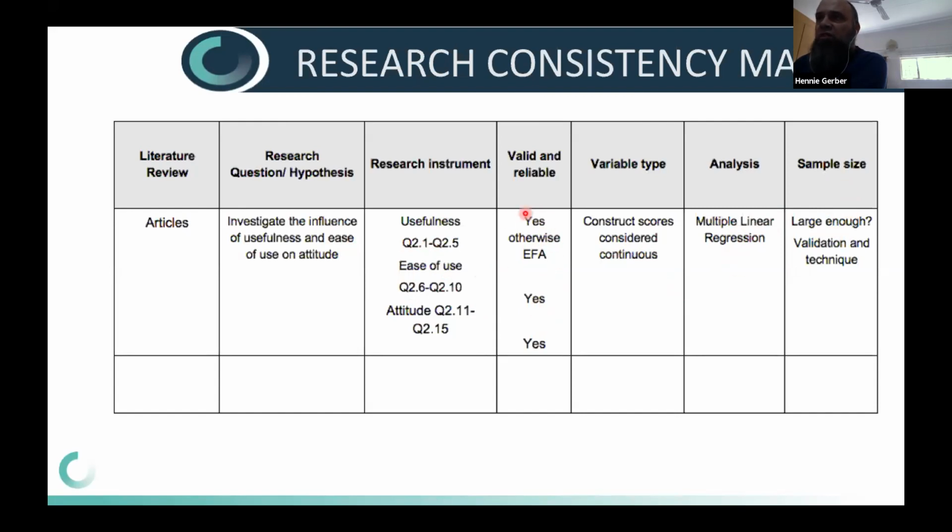It must be large enough for validation here. It's already valid, so that's not the problem. And then the statistical technique, the sample size must be large enough for multiple linear regression. Okay, so just to conclude,